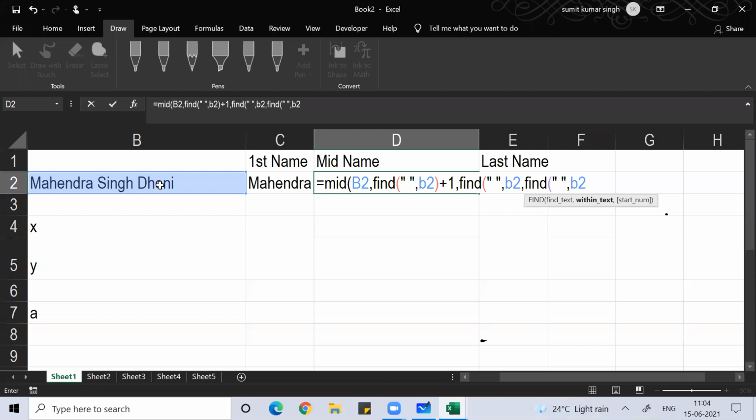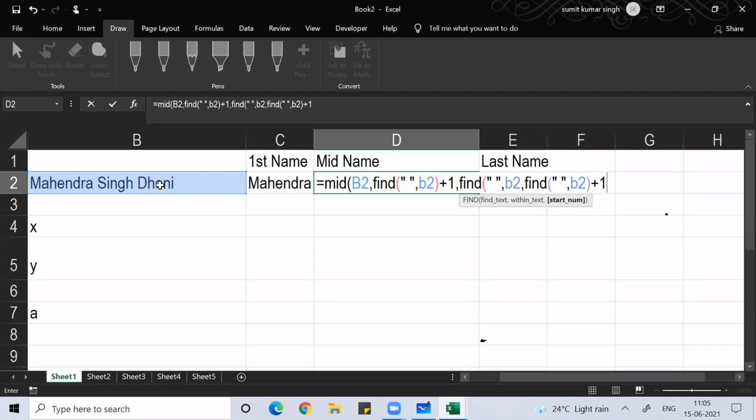So FIND double quote space double quote comma B2, comma, FIND double quote space double quote comma B2, close bracket. Then this should be plus 1.